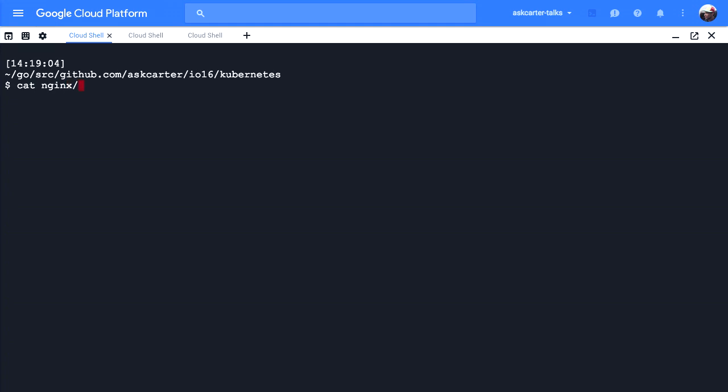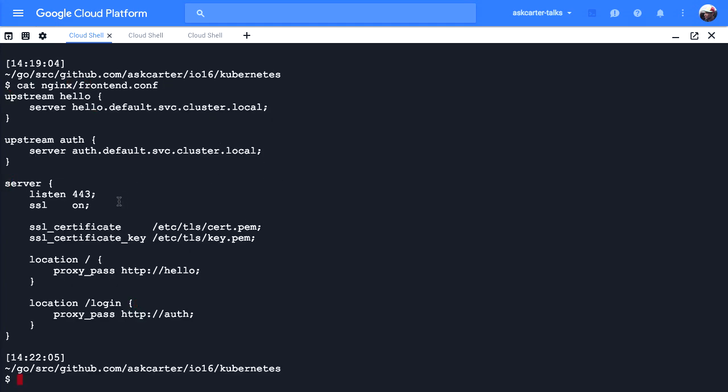So the first thing I want to do is show the configurations for our front-end service. We're going to be listening on port 443, and this is going to be a secure endpoint. So we're going to have to pass sensitive data. I'm not going to get into this too much. I'm just going to manually create it here. But Kubernetes gives you a way to pass sensitive data without baking it into your container or storing it publicly